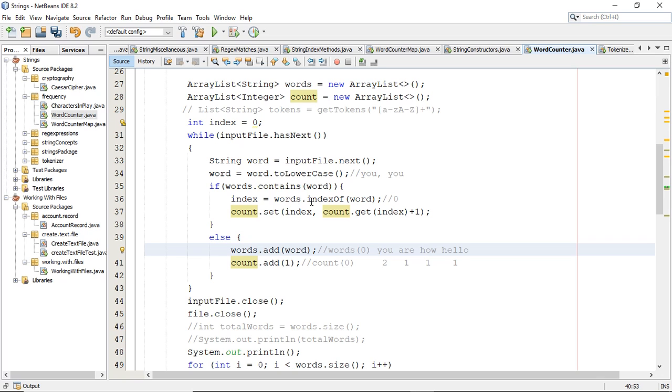you pick the index position of "how" from the words array list. Now if we count, the index position of "how" in the words array list is 0, 1 and 2. So the value of the index variable is now 2, and we go straight to exactly that index position in the count array list. We pass that index position to set, so it will take us to this point, and